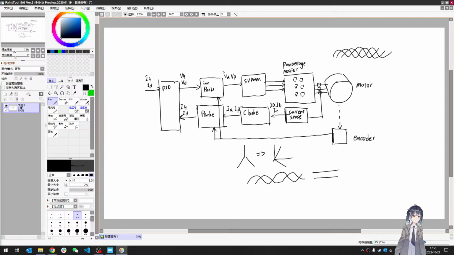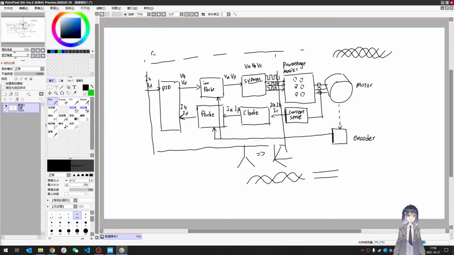We convert the voltage alpha, voltage beta to VA, VB, VC internally in this module, and then generate the PWM, how much duty cycle we should use to generate a certain voltage on each phase. Yeah, so this section is the current controller,